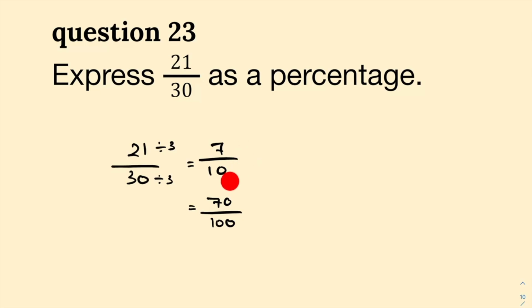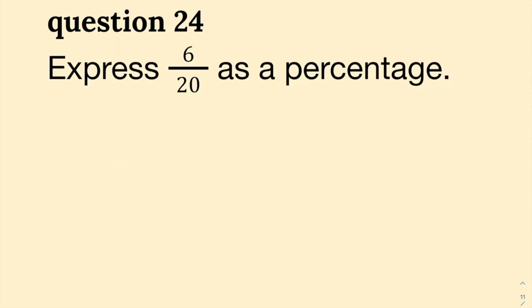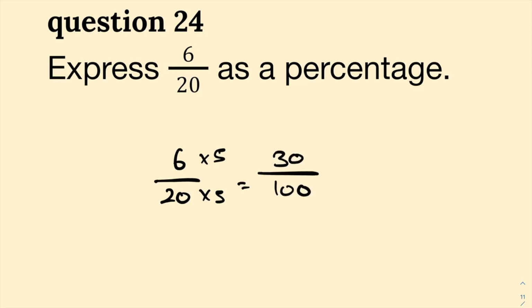Now, 7 over 10 with 10 at the bottom, we can multiply by 10 to get us 70 over 100, which basically means 70% is the answer. Express 6 over 20 as a percentage. That's a nice factor of 100 right there. So let's times 5 and get us 100 at the bottom, which means 30 over 100, which means 30%